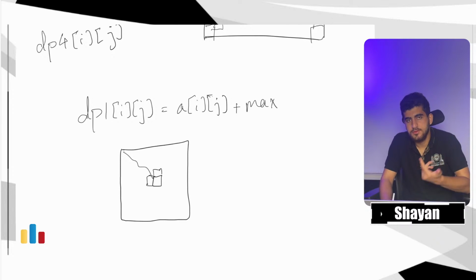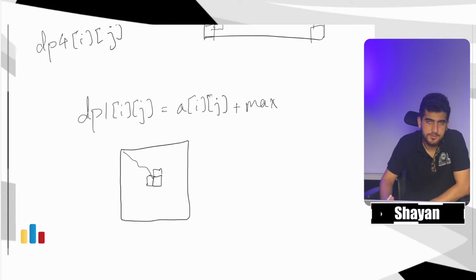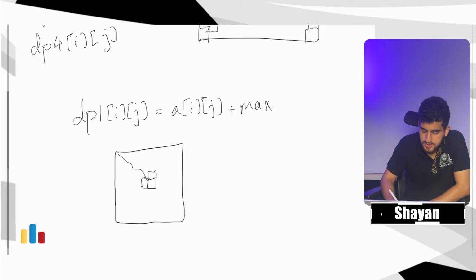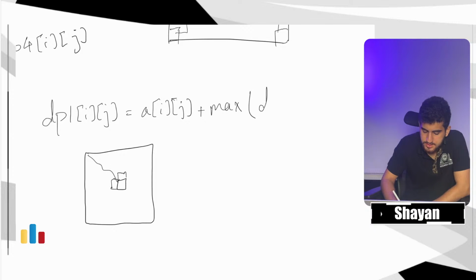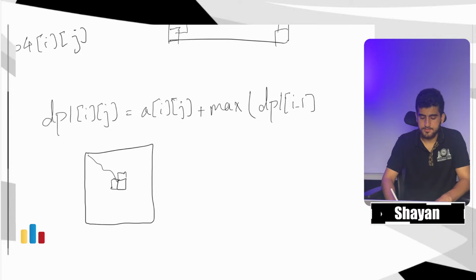My previous one has to be one of these two. So I need to calculate the maximum of dp1 of i minus 1 and j